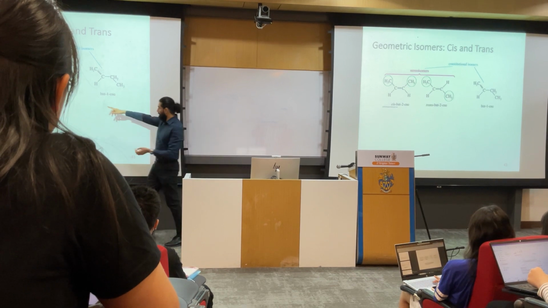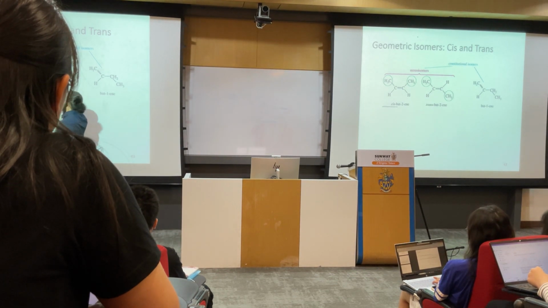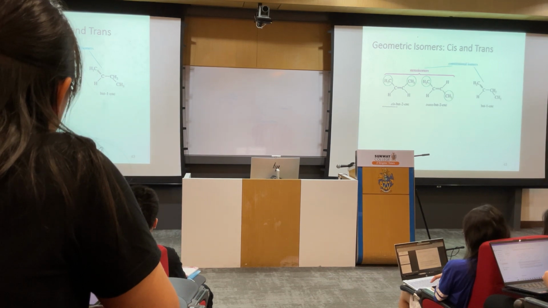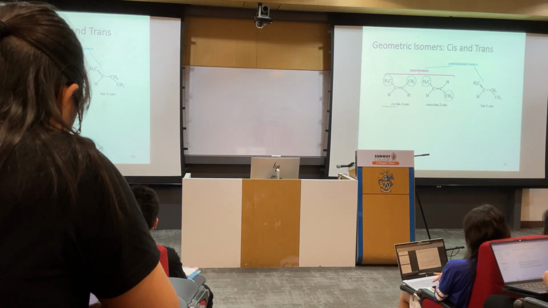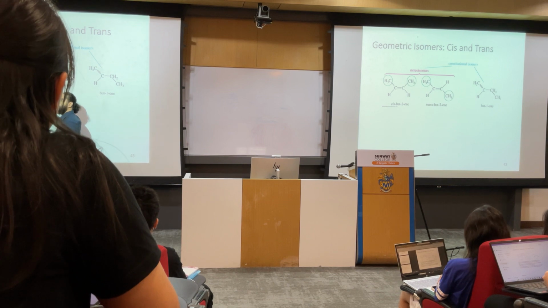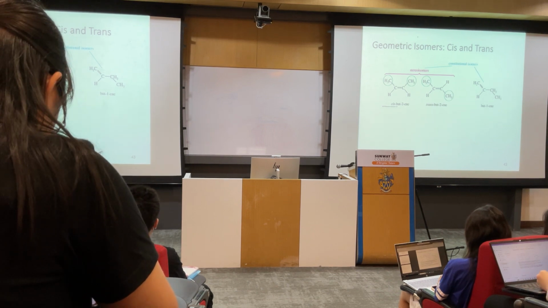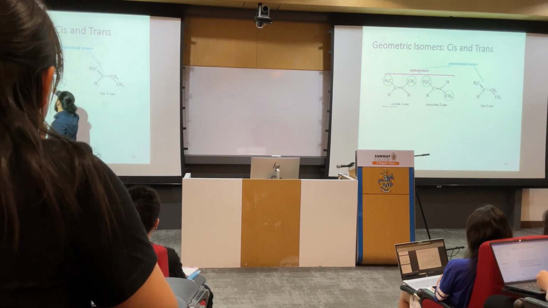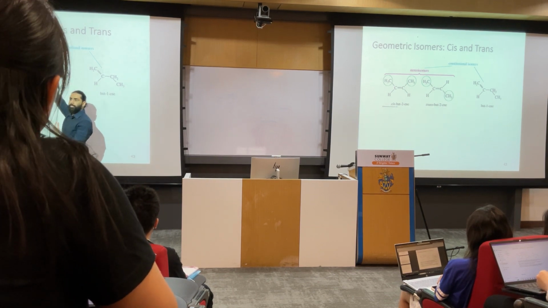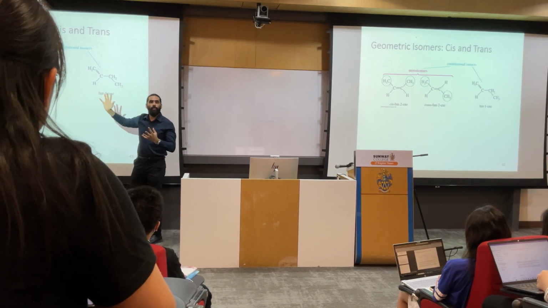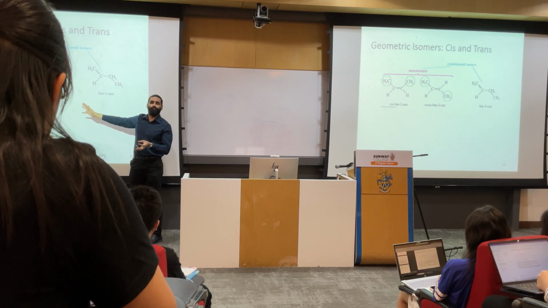So this alkene and this alkene, the difference between them is what? That here we have these 2 groups on the same side of the carbon-carbon double bond, while here we have these 2 groups at the opposite side of the carbon-carbon double bond, right? Here, both green balls are on the upper side of the carbon-carbon double bond. But here, one green ball is on the upper side and the other green ball is on the lower side. So that's why they are not the same.